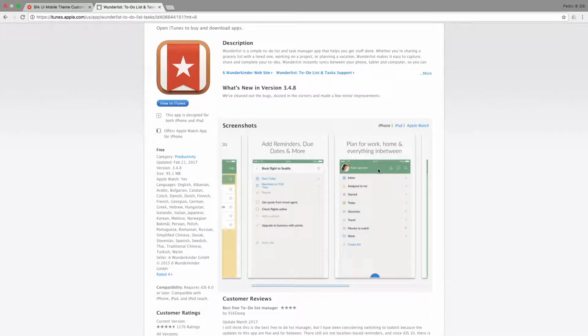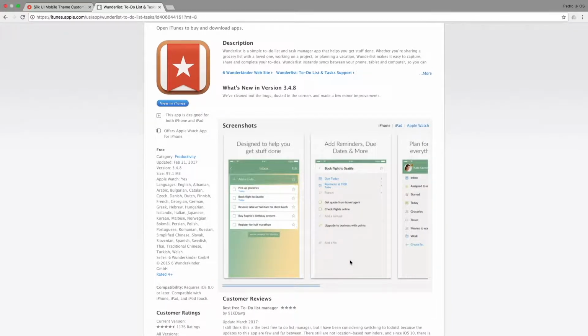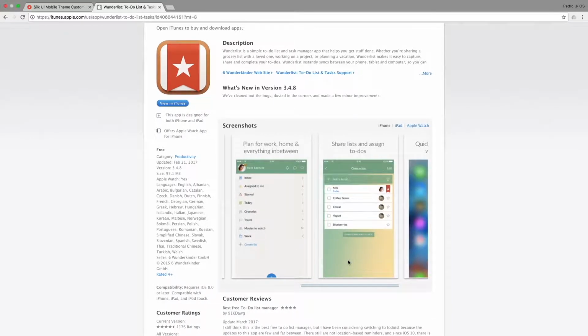Most of the times Wunderlist will use this kind of green as its main color. And as you can see, this grayed beige maybe color for the background. So from these screens, the most representative screen is perhaps this one here. So I should take this screen here as well as the logo images to try and replicate them in my